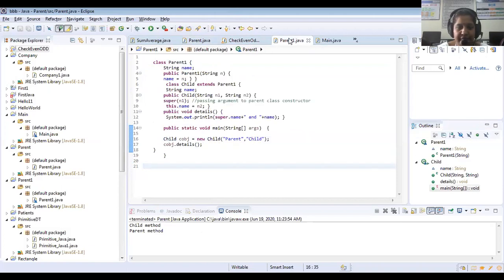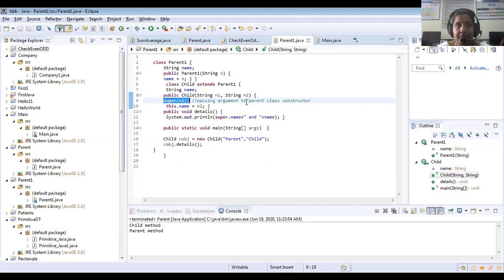One more example we will see. First we will look at this program. I told you a parent class is there and a child class is there, but I have to pass an argument to the parent class constructor.